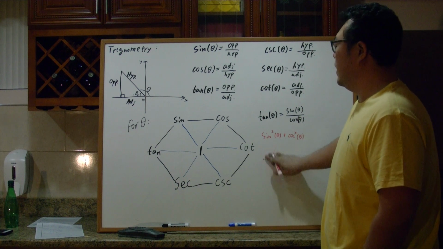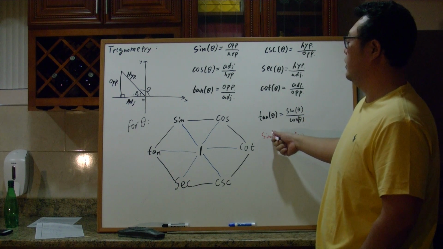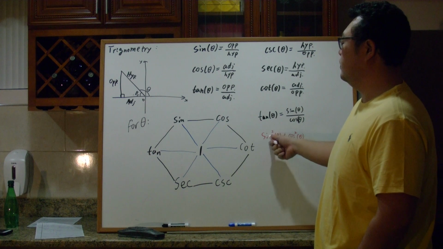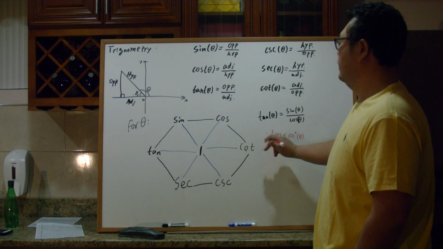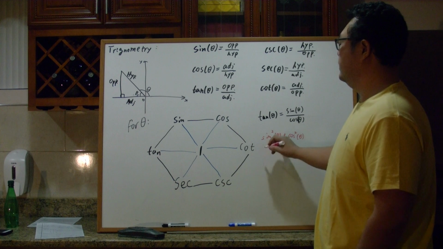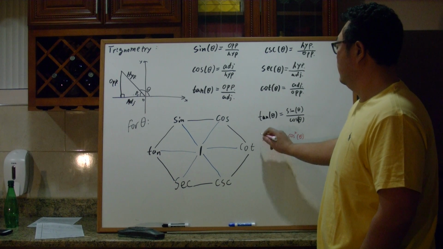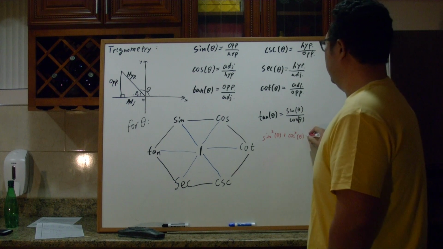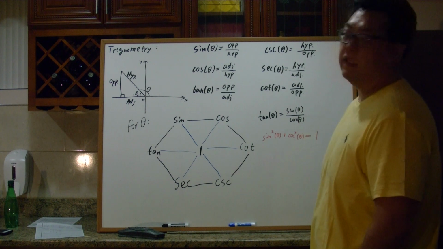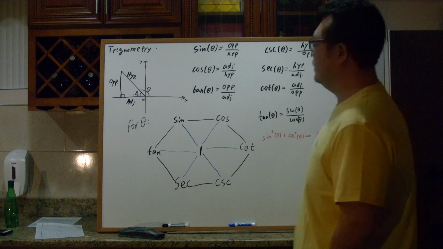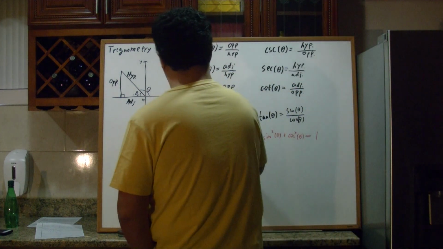So for the power of a trigonometric function, we always put it in the middle, between the angle and the trig function. And that is equal to 1. That's the most classic one, that the sum of squares of two terms